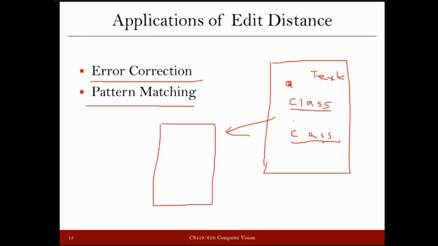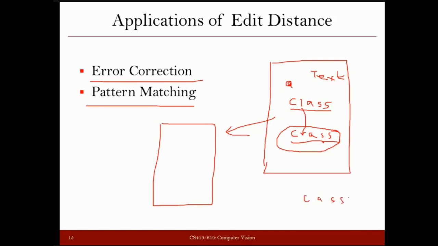So to get the new improved text, what do you have to do? In this particular example, you should replace whatever you have here, or you don't have anything here, with an L to make it a correct word. To find out what the possible word is for this word here, you can use edit distance.